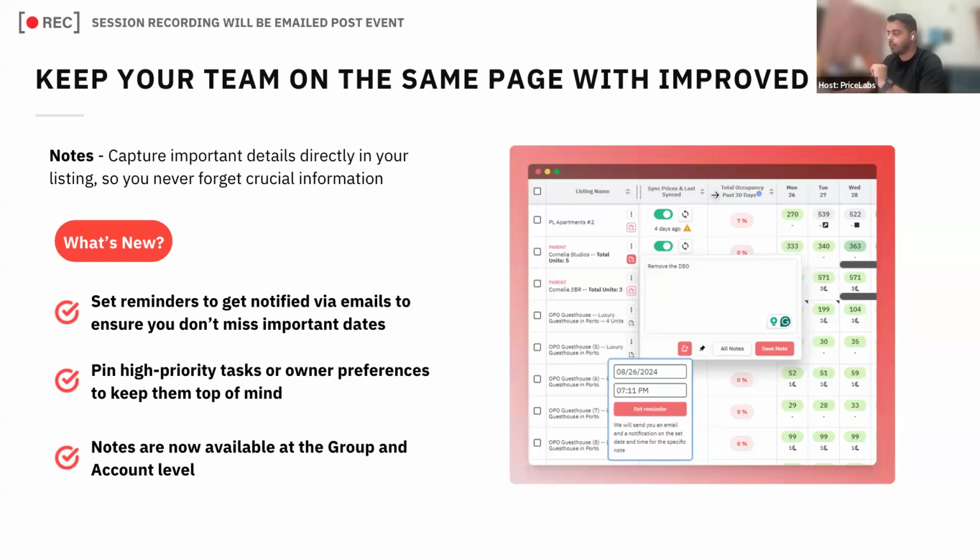So this was already available. This was launched way back. This was available at a listing level. We have incorporated this at a group and account level as well. So in case you are making use of the group and account customizations, you can add notes on both of